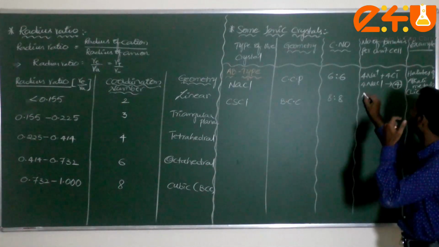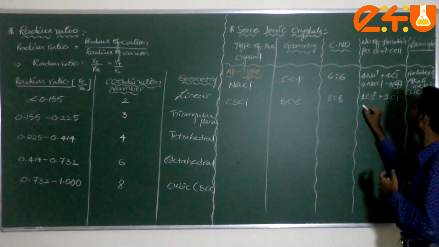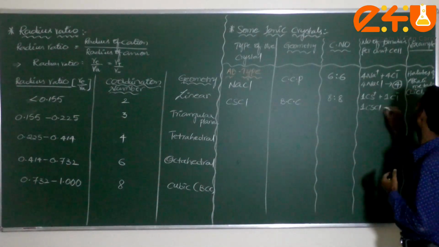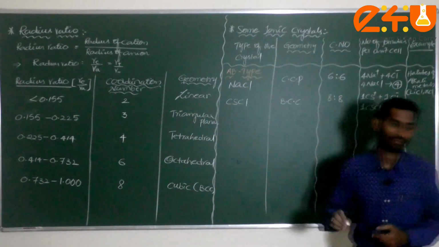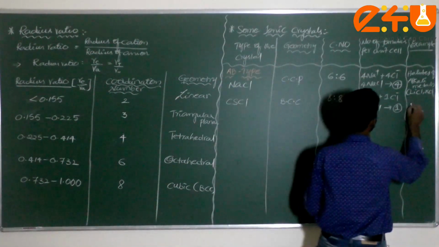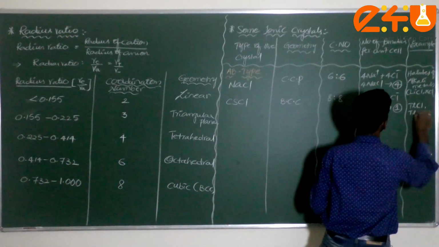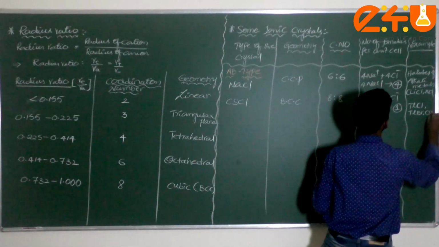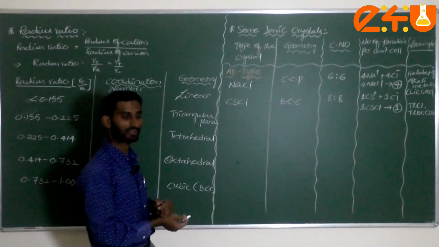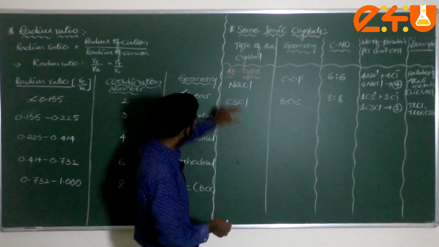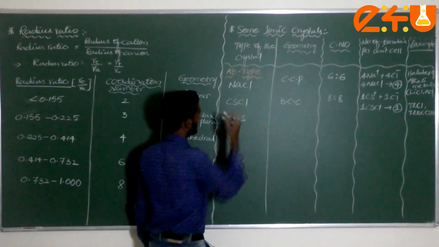The number of formulas per unit cell is very important. Here there is 1 cesium plus and 1 Cl minus, so obviously it is 1 CsCl. The number of formula units is 1, very important. Next examples: thallium chloride, thallium bromide, cesium bromide, sulfides of cesium, or salts of cesium. These come under AB type. And one more is ZnS.